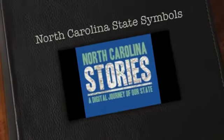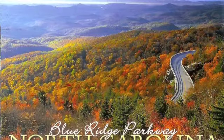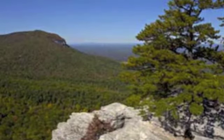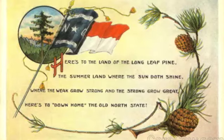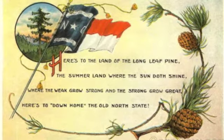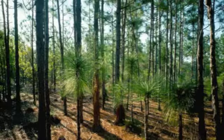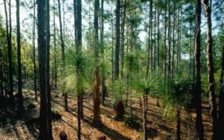Our tour of North Carolina will begin in the mountains with the pine tree. The pine tree is the most common tree found in North Carolina and has played a large role in our state's history. North Carolina harvested pine trees during the colonial and early statehood periods to become the largest producer of resin, turpentine, and timber. The pine trees can be found from the coast to the mountains due to its highly